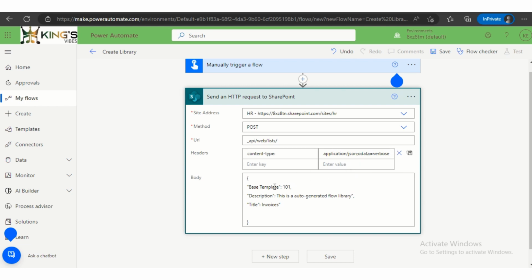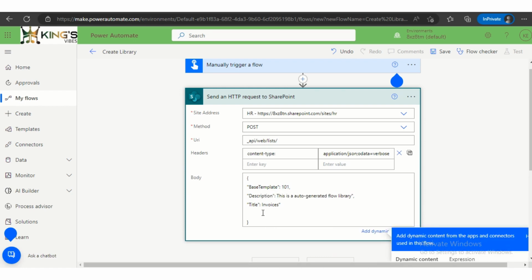So that's the value that we are going to enter, and then the braces, and then we'll have the base template, which is 101, description column. So this is an auto-generated flow library. This is more like the description we are going to see once I have been able to